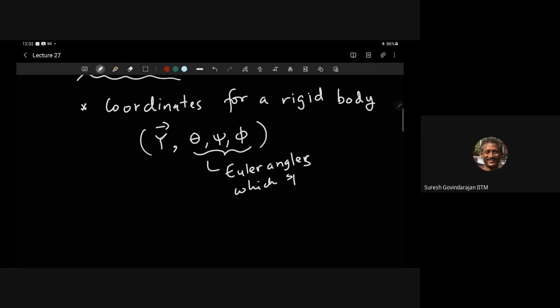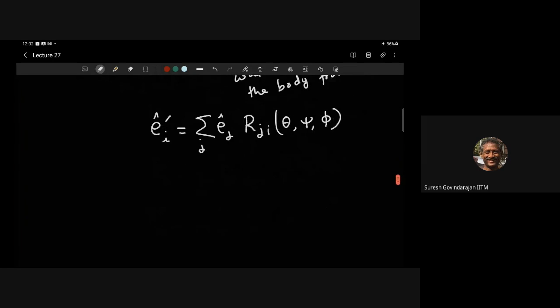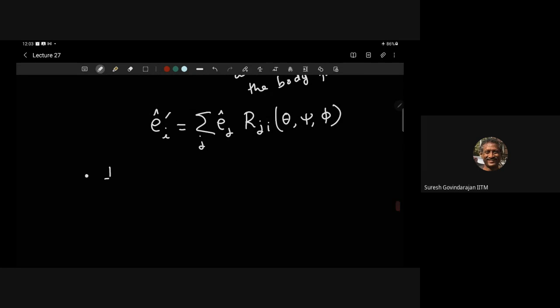the body frame. So by that we mean, let's say this is the e_i prime, this is the notation, and R_ji is some rotation matrix which we defined last time, and it's given in terms of these angles. Okay, so in these coordinates,